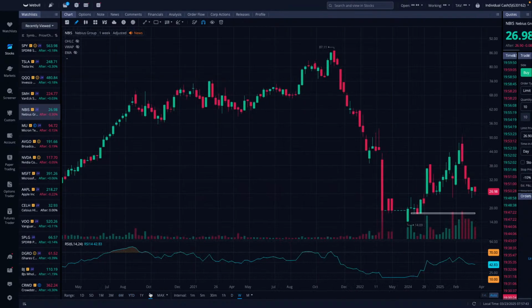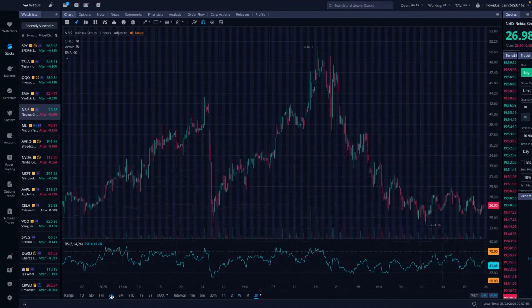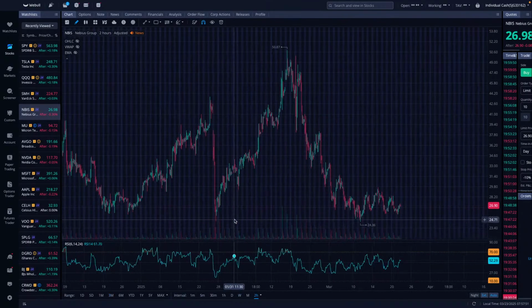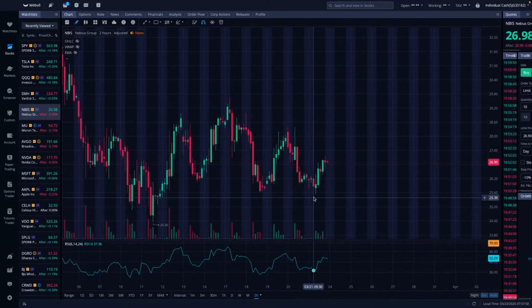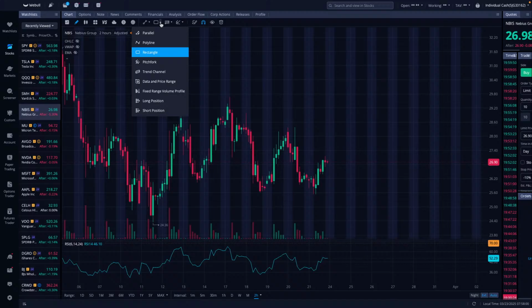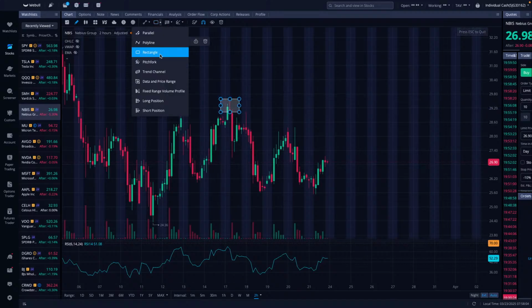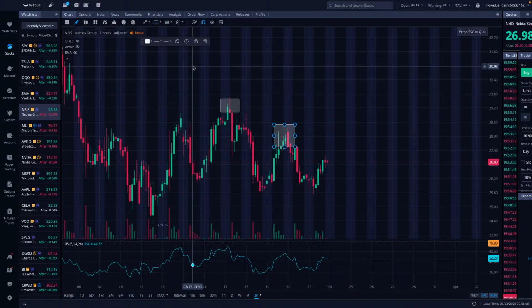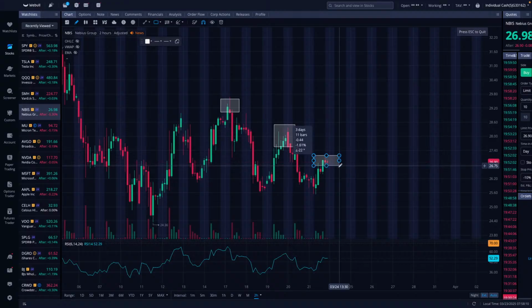And when you look at NBIS, you can't be a fool. This thing went from $87 all the way down to $14, which is ridiculous. And now it has to hold this $24 level. It's been holding this level, pulling back and retesting it. But what I see, which makes me nervous, is lower highs. And when I see lower highs with this trend, I'm not going to just buy shares and dollar cost average in. To me, it's too risky.